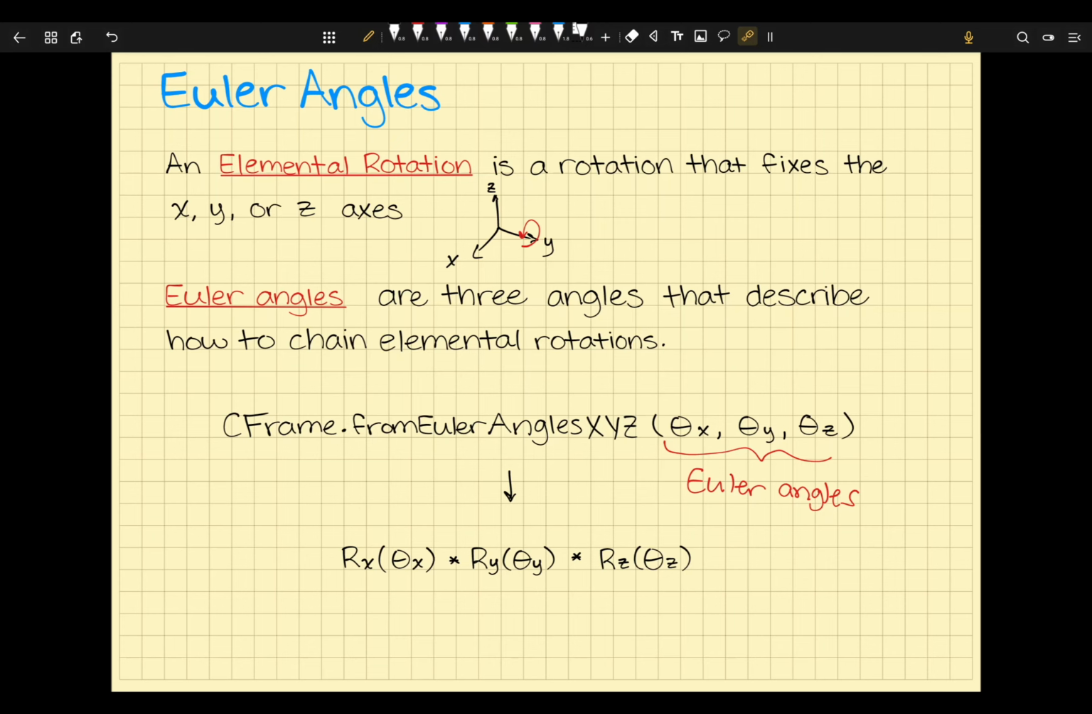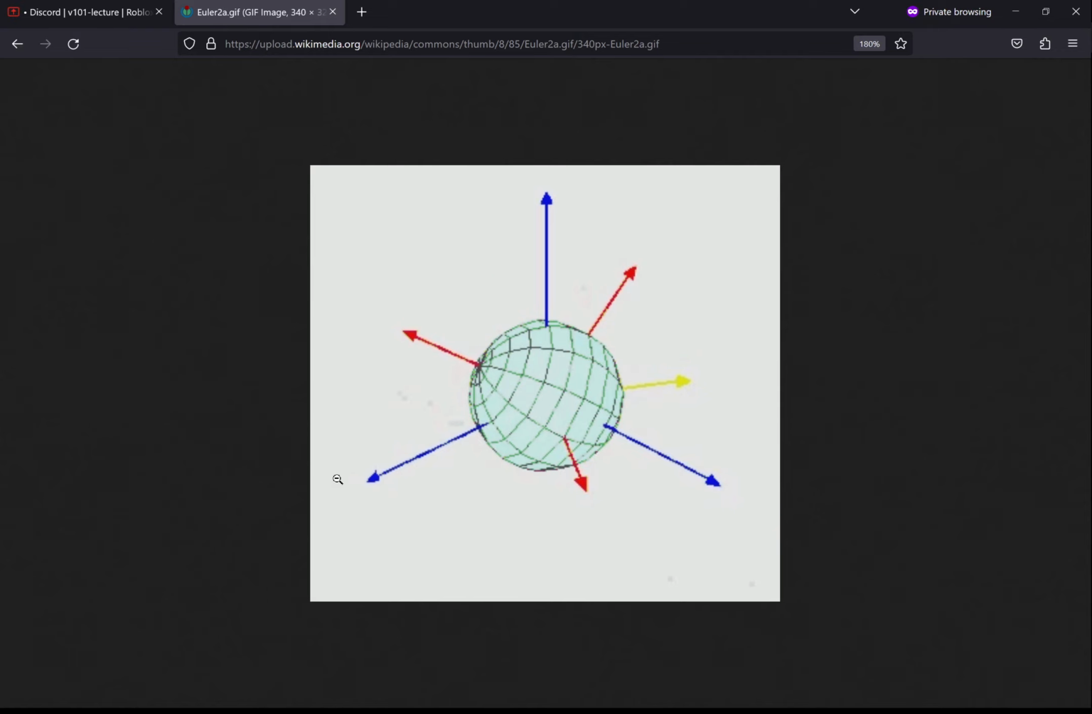I'm going to show you a GIF here that I found online. This is showing, oops, the recording is not seeing it. This is showing an applying Euler angles. So first, the sphere rotates about the y-axis, and then it rotates about its local z-axis, and then around its